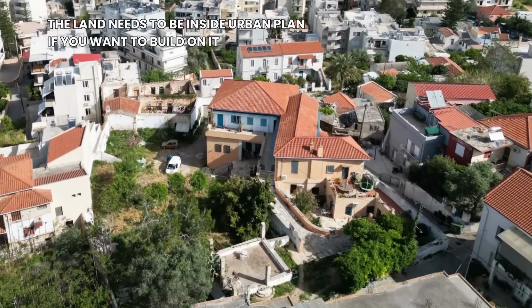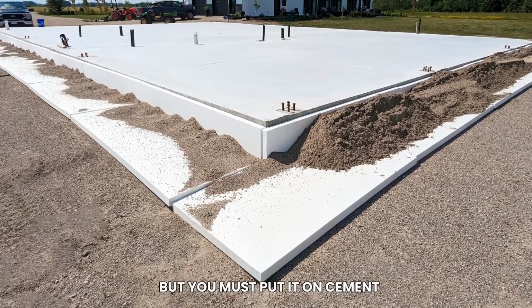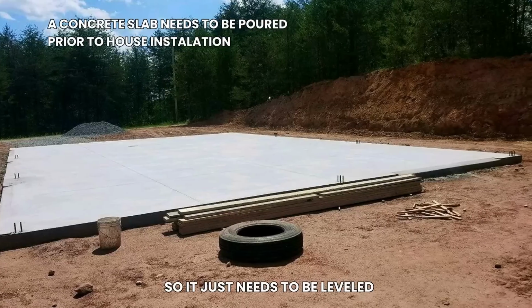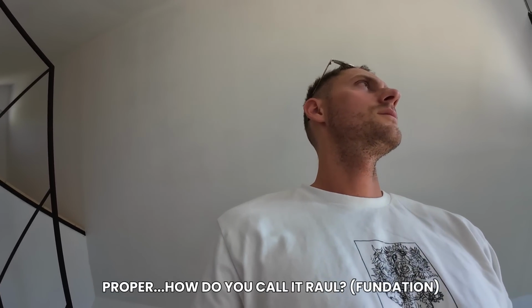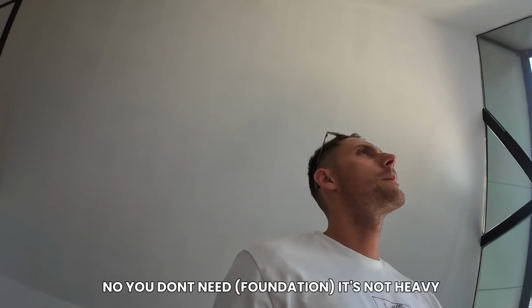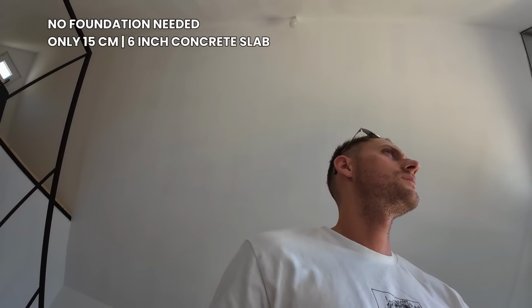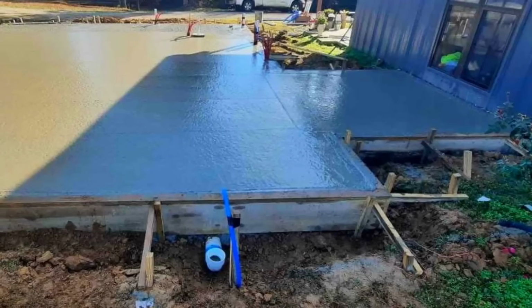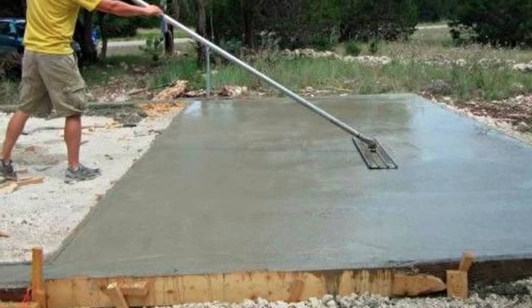If we want to have it on a proper land, then it needs to be in an urban plan, the land. Right. Yeah. And you must put the cement down. Okay, so it just needs to be leveled, cement, or it needs to have a proper, how do you call it, structure? No, you don't need, it's not heavy. Okay, so you don't need to dig. Only make 50 centimeters of cement, and I can put screws up on it. So this is something you offer as well? You do the cement, yeah? Yes, it's very easy for me. Okay. And it's not very much the cost. Yeah, because you just need...